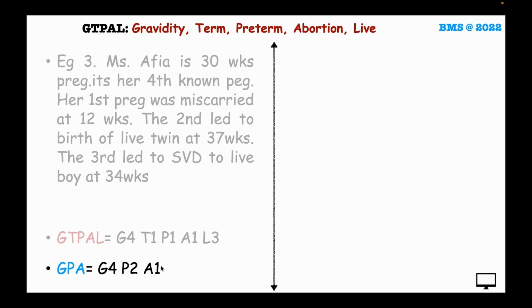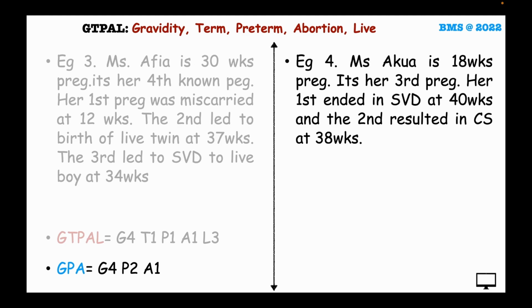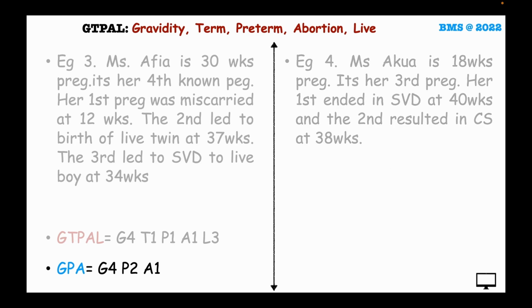I think we have one last example, which is Miss Akosia, who is 18 weeks pregnant, and it's her third pregnancy. Her first ended in spontaneous vaginal delivery at 40 weeks gestation, and the second resulted in cesarean section at 38 weeks. And so her GTPAL is going to be gravida 3, term 2, preterm 0, abortion 0, and